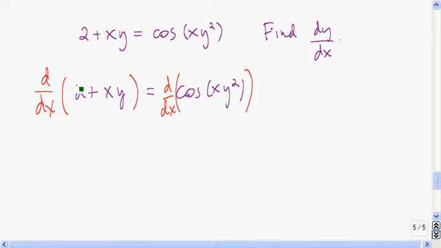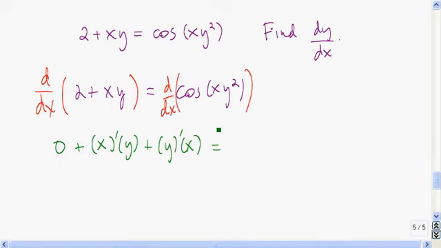Okay, so the derivative with respect to x of 2 is just 0. So I have 0 plus the derivative with respect to x of x times y. I need the product rule on that. So I have the derivative of x times y plus the derivative of y times x, and that's equal to